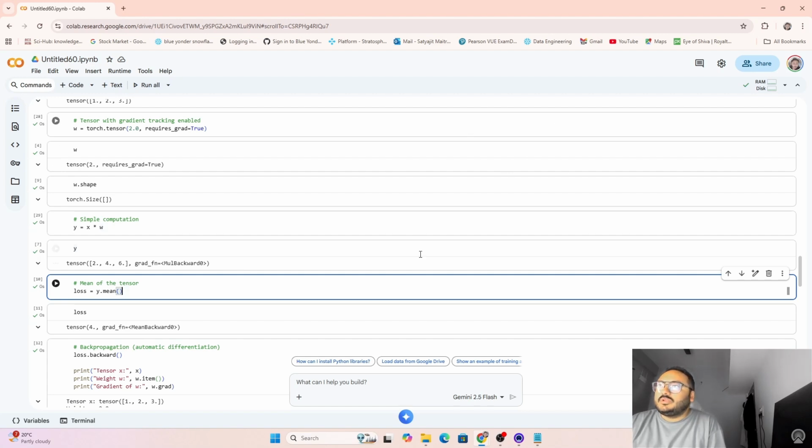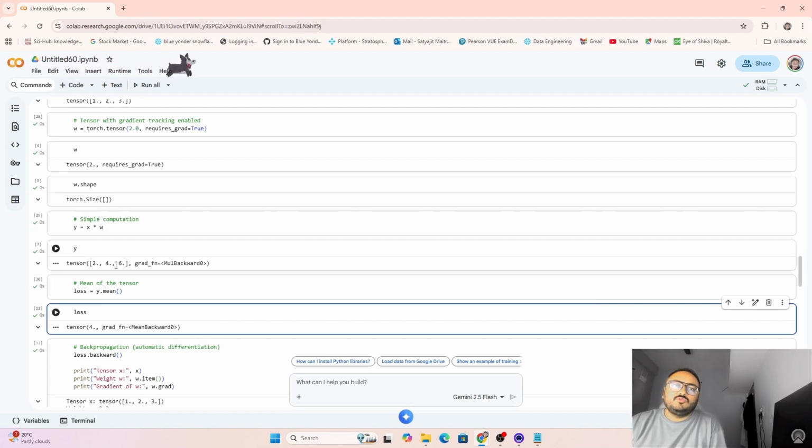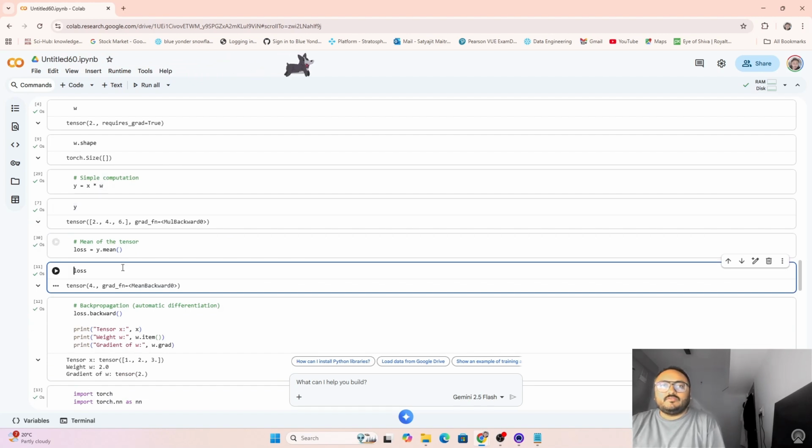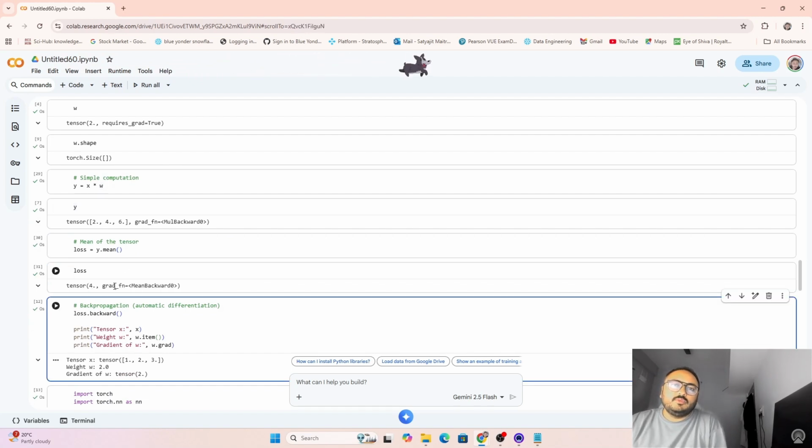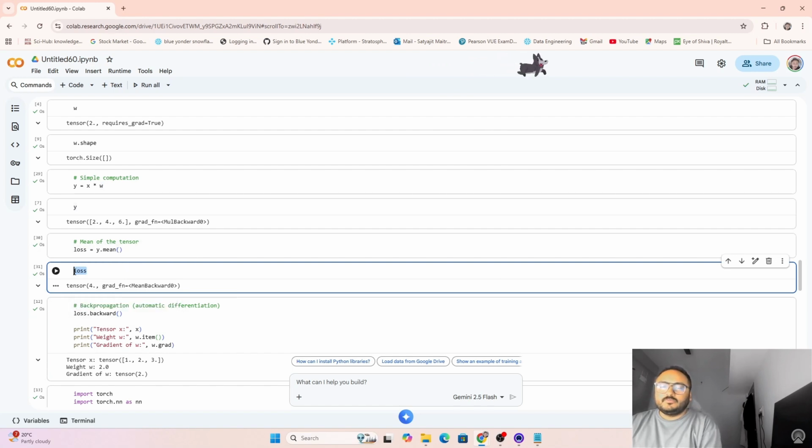Loss is nothing but one mathematical function call on top of y, which is y.mean(), right? So if you do that, 2, 4, and 6 on average will give you a 4, which will be the loss. Now if I try to print the shape of